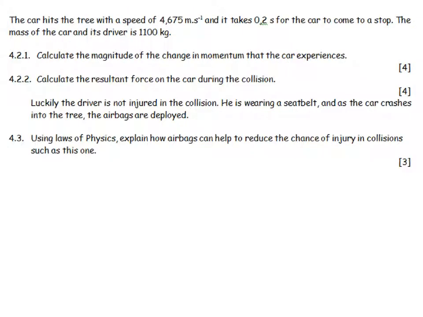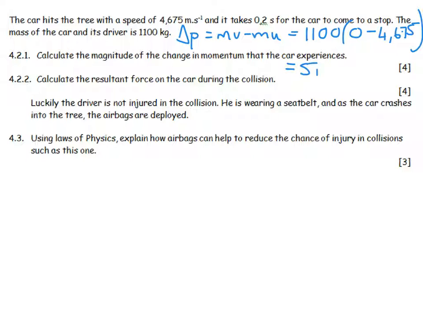The car hits the tree at a certain speed, and it takes 0,2 seconds to come to a stop. The mass of the car and the driver is given. Calculate the magnitude of the change in momentum that the car experiences. So change in momentum is equal to mv minus mu. So we are going to say that the car is 1,100. His final velocity was 0. He was going at 4,675. And therefore the change in momentum is 5,1